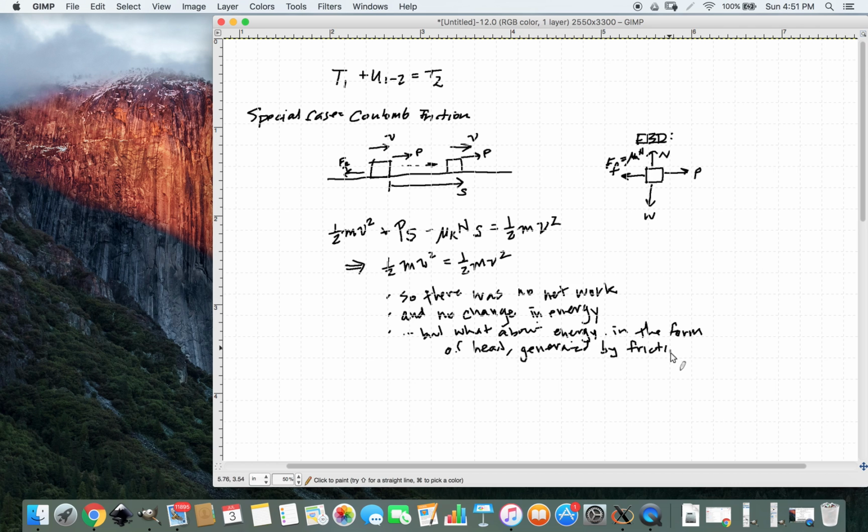You can all intuit that as you're pushing this along, overcoming friction, some heat would be generated on the ground. Well, of course, the reason that we've run into this seeming paradox is because we have to be very careful